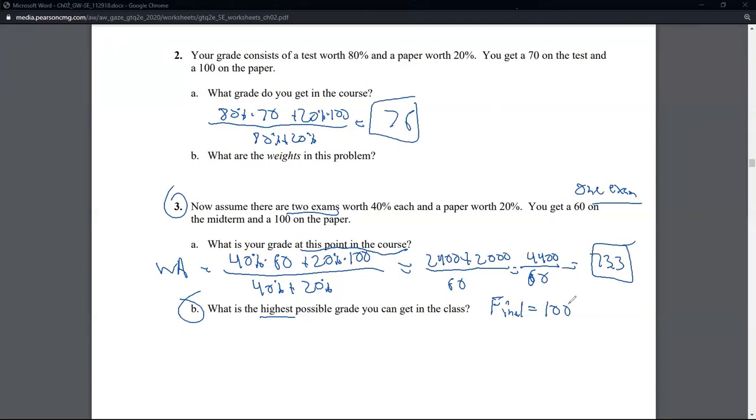So we're going to assign the final as a 100. So now our weighted average is a 40% times the 60 plus the 20% times the 100. Doesn't look like there's a times in there. Plus now the 40% for the final exam times the assumed magical 100 grade, which is extremely hard to earn in a QR class,